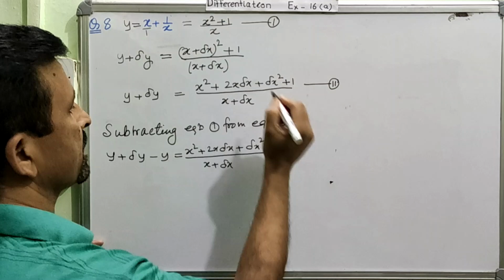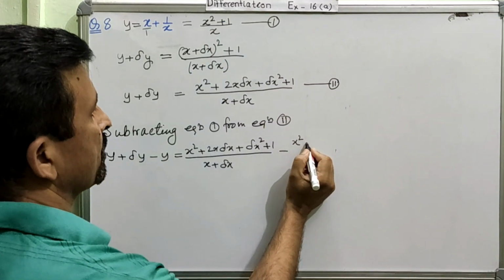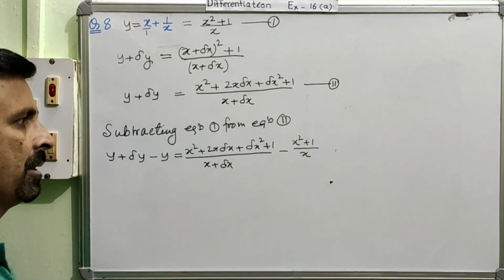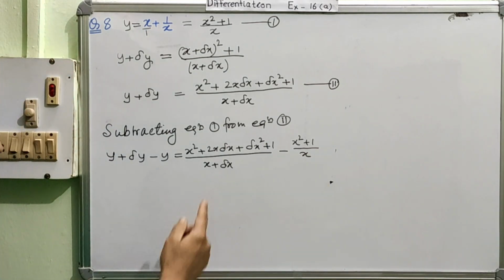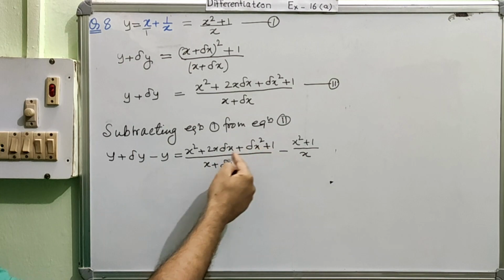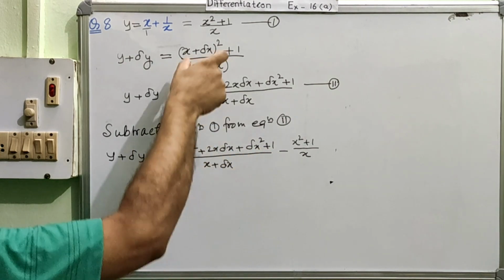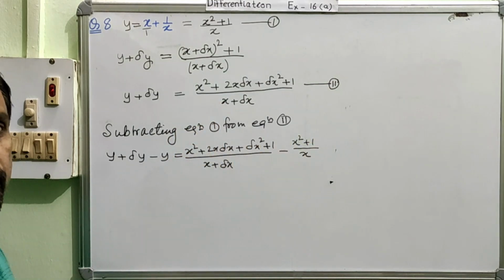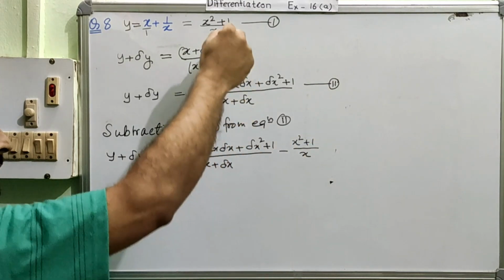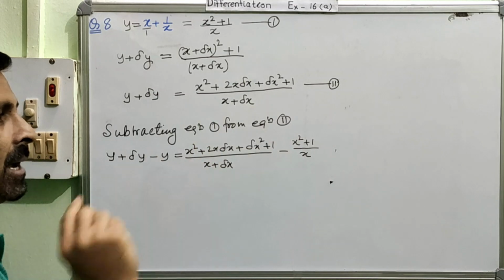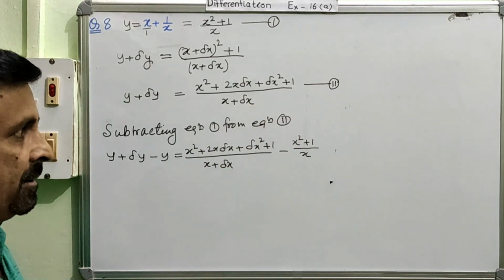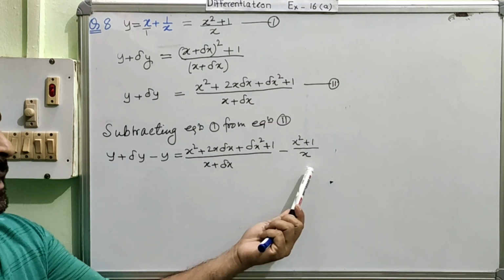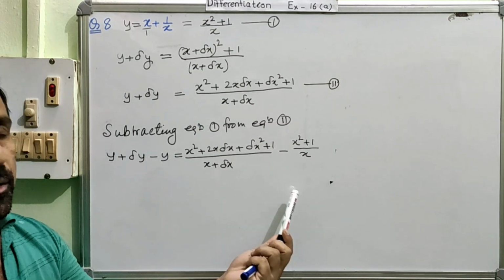Now I will write this part, x square plus 1 divided by x. Right? Now you might have understood what the benefit of this is, because if you were writing this minus this directly, then this calculation would have been a little difficult. So by doing this modification and then this modification, I made my work more comfortable. Now I can easily simplify the two fractions. I can easily take the LCM and then also find out the numerator.